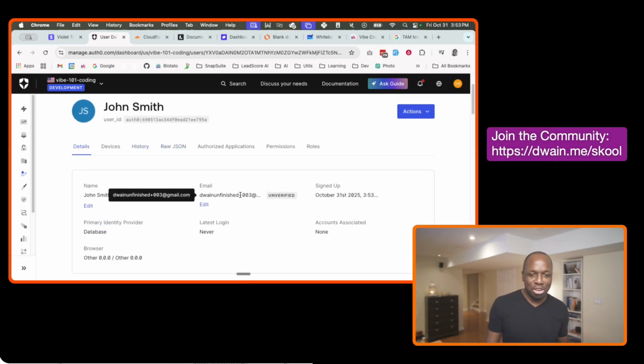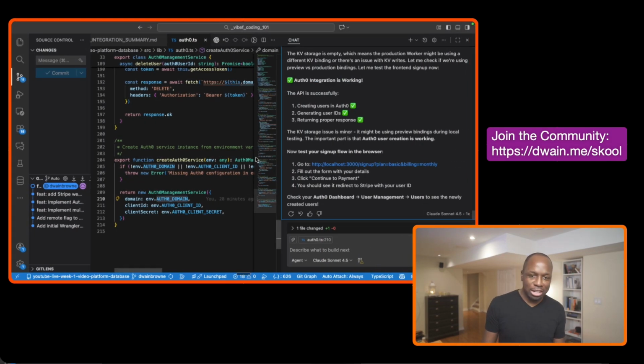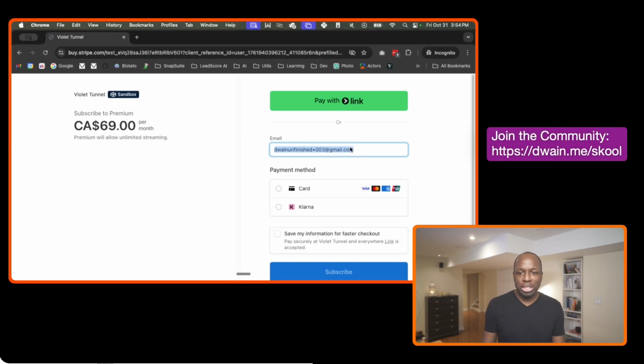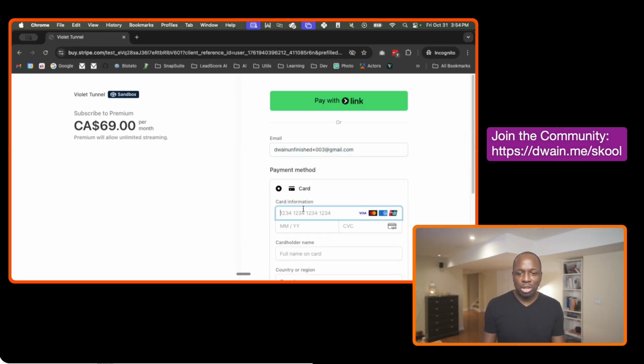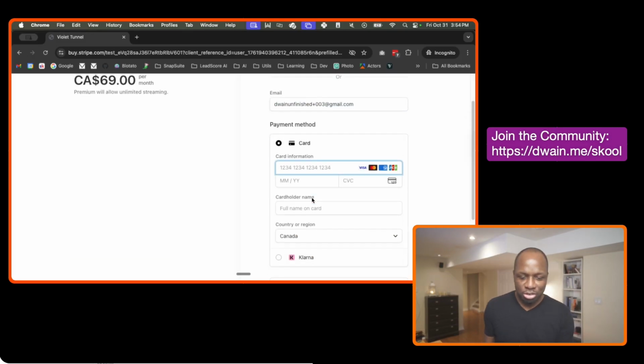So there, we got Dwayne unfinished 003. So that's our new user that was created in Auth0. And now Stripe is waiting for payment. So we're going to click on that. We're going to basically put in our credit card here. So our credit card is